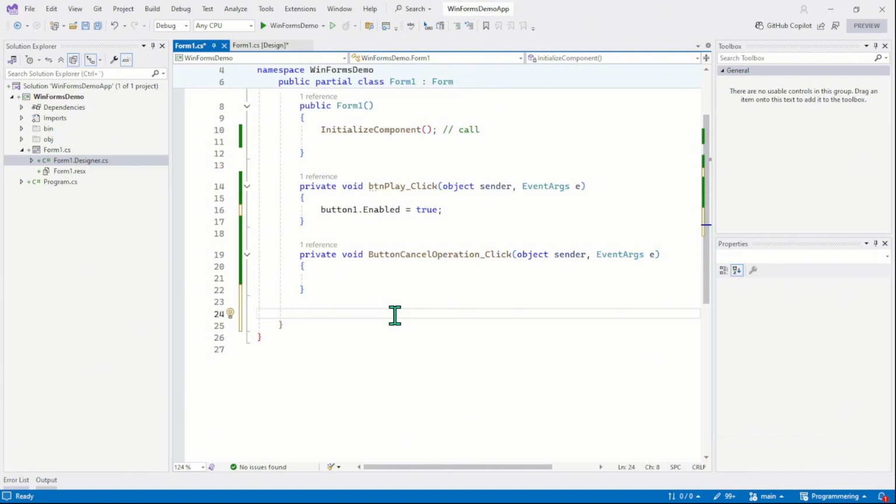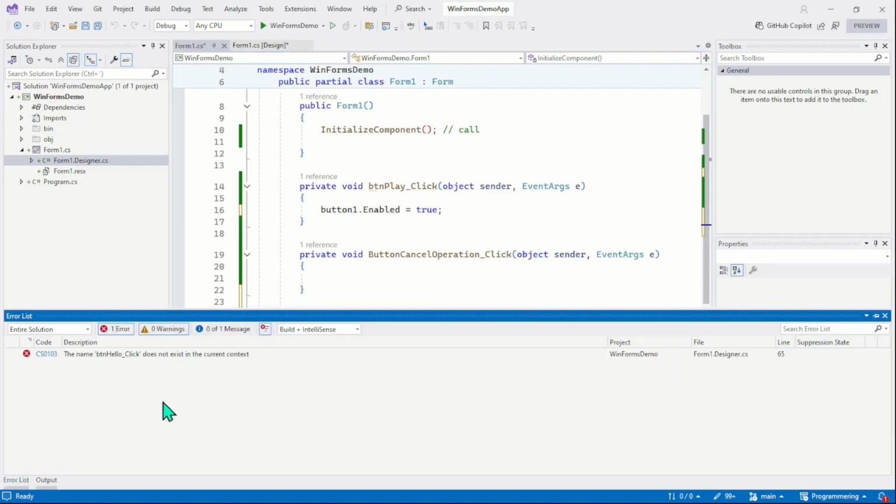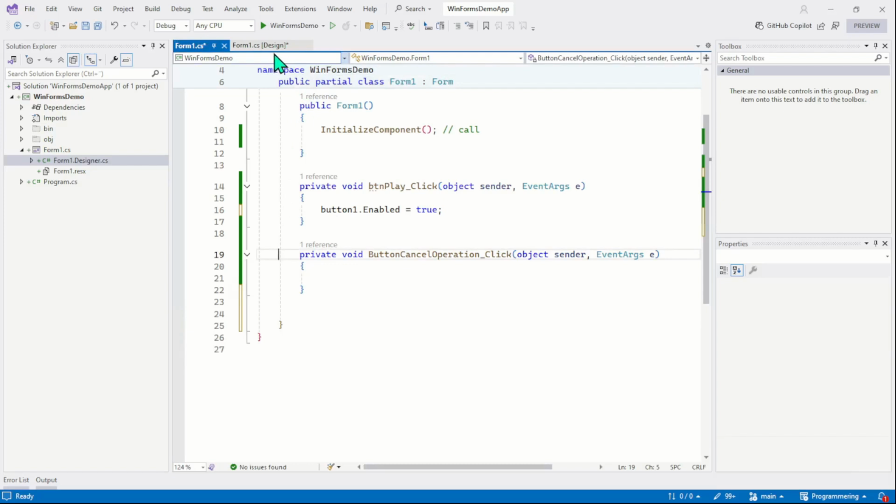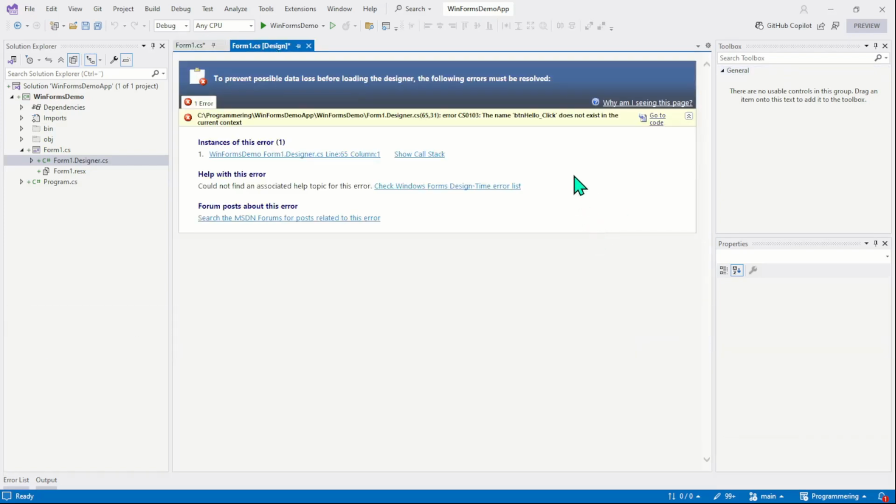But the event handler of this method is still in the designer file. Let's see how the program will react if we do not complete stage number two. In the error list window, you can see there is an error in my program, and this error is actually coming from the designer file. So there is an event handler in the designer file which is unrecognizable. And if I show you the designer now, you will see the designer is actually gone. You see the error instead of the designer, like the name btn_hello_click does not exist in the